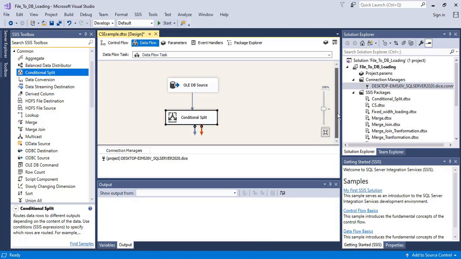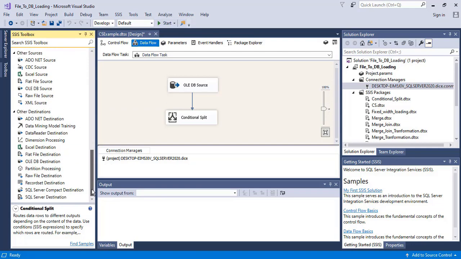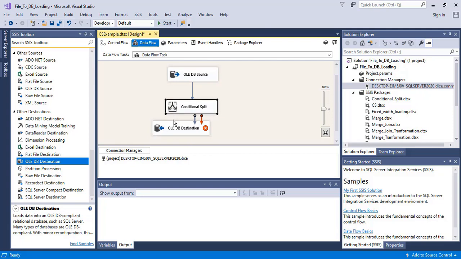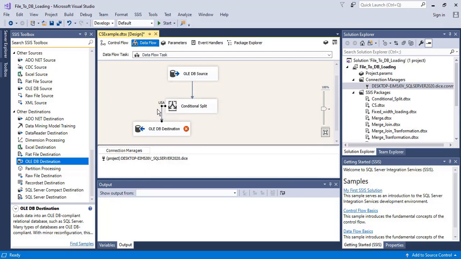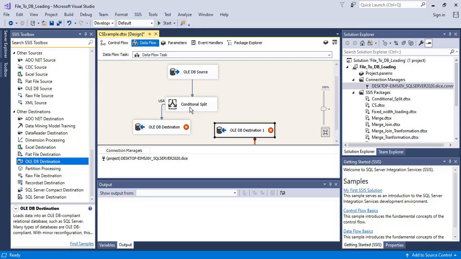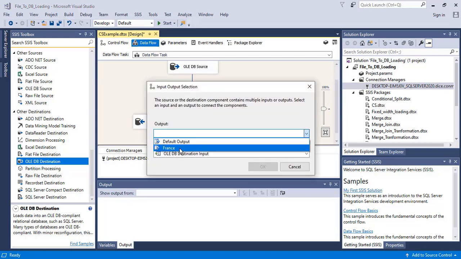Now next I'm going to select the OLEDB destination. Map the first one. This one is going to be output. The first one is going to be USA. USA will go to this destination. The second one is going to go to the second destination, this one, France.